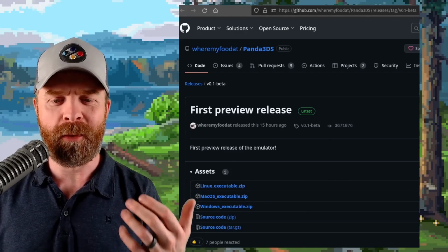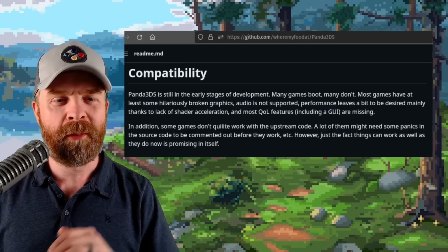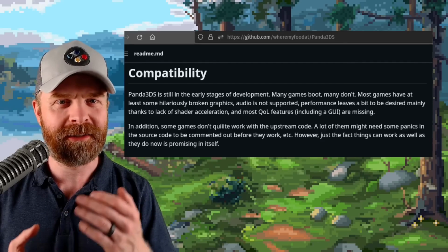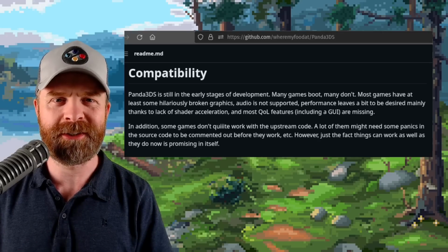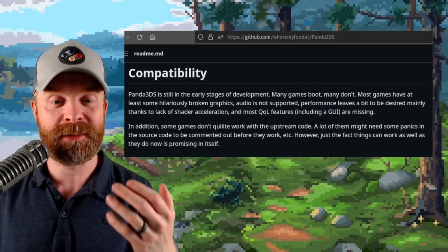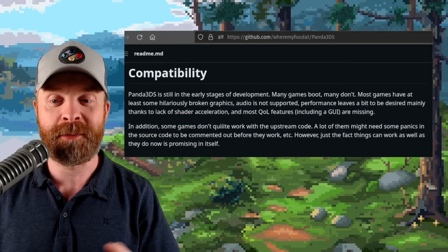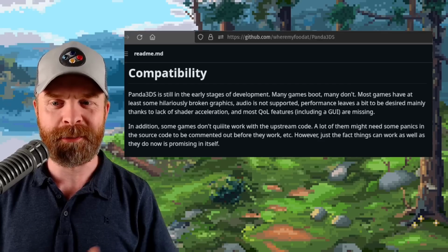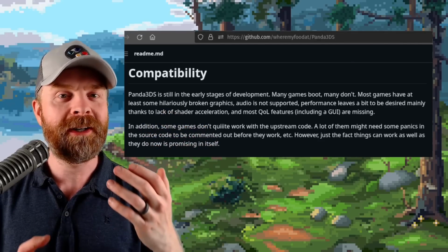It's available for Windows, Mac, and Linux. It's free and it's open source. Now it's worth pointing out that Panda 3DS is still in very early stages of development, so don't expect a whole lot from it just yet. They say many games boot, many don't. Most games have at least some hilariously broken graphics. Audio is not supported, performance leaves a bit to be desired, and most quality of life features, including a GUI,